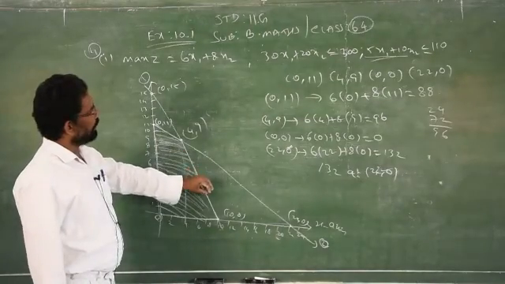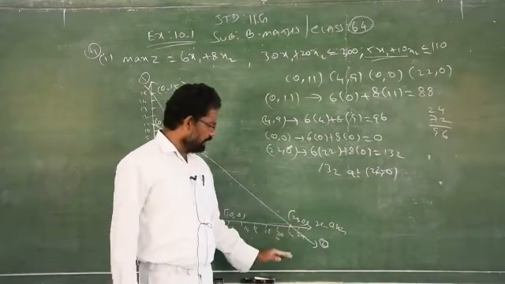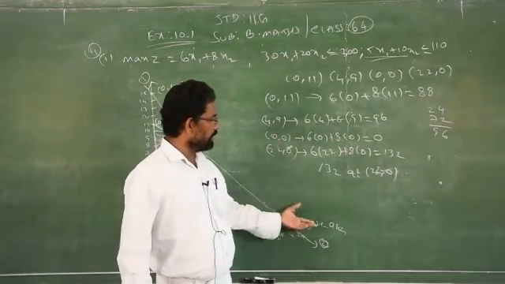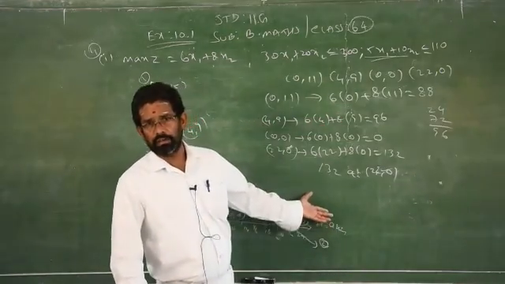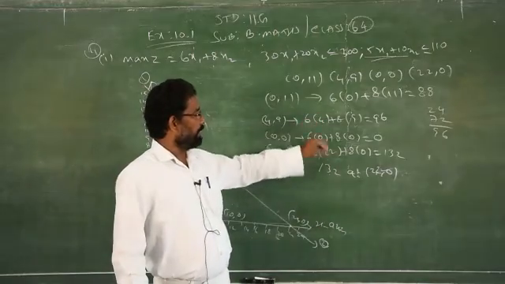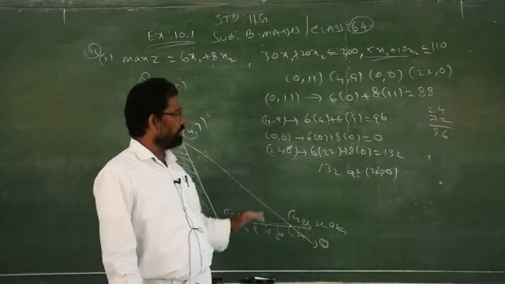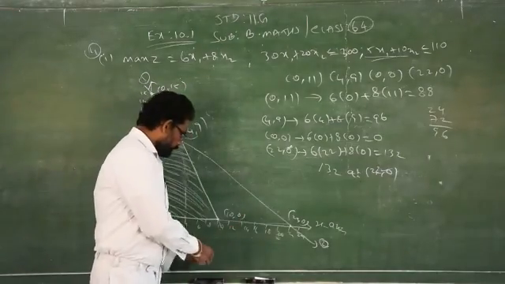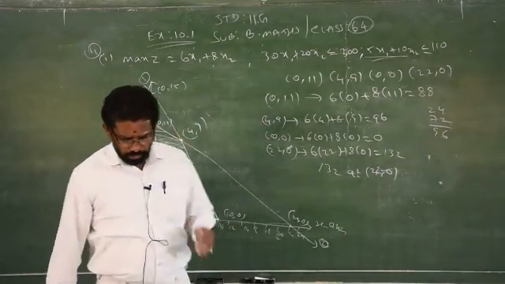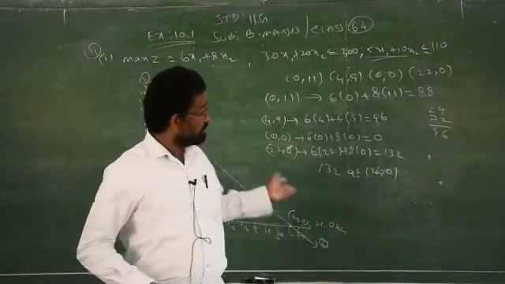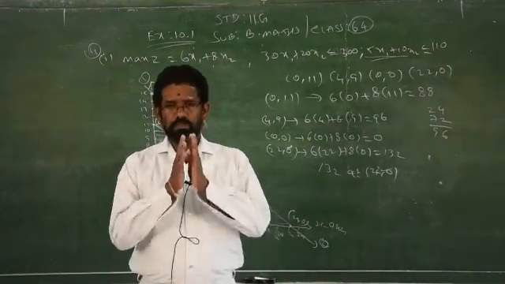Please do the problems properly. If there are any mistakes, I think I made some mistake in the calculation part, so please ensure that, check and proceed. Clear? You check, don't copy as it is from what I wrote on the board. You check the calculations, then you produce. You will see the remaining problems under this sum number 4, based on the concept, in the next class. Thank you, boys.